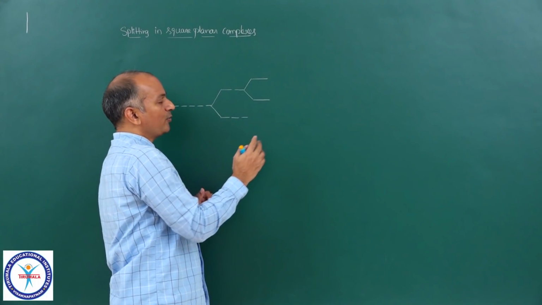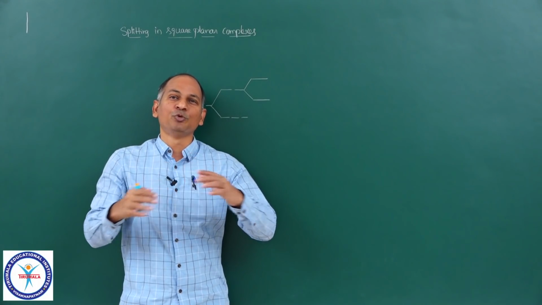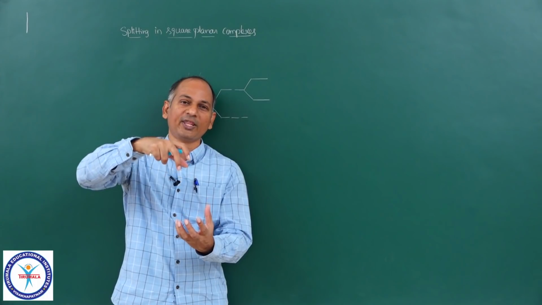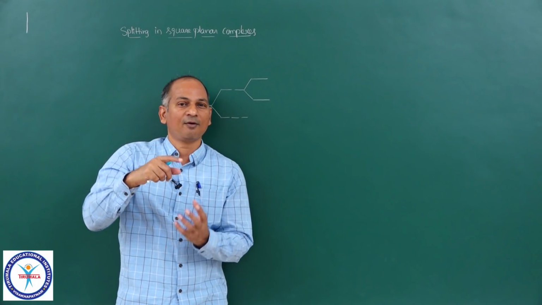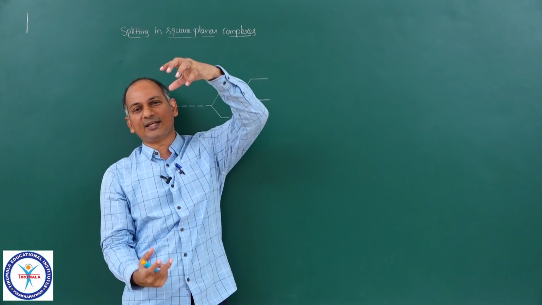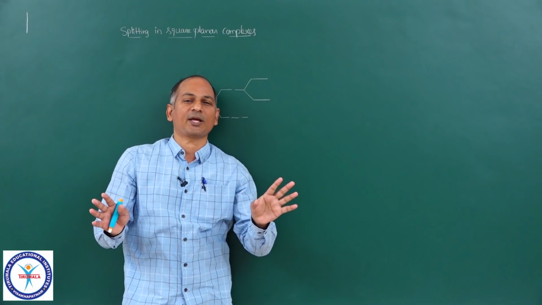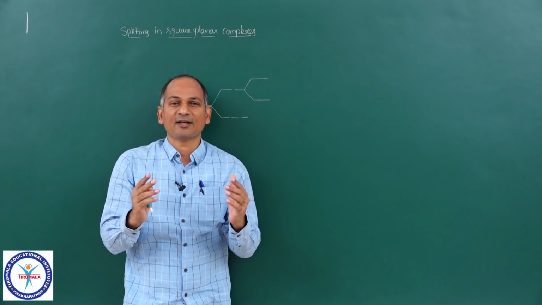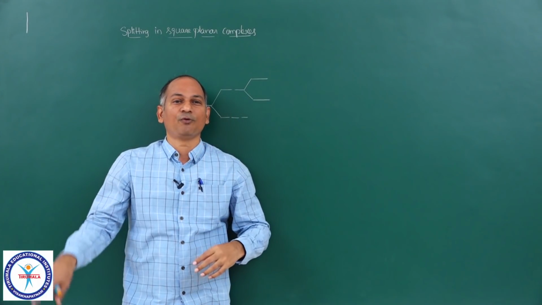Okay. Now, suppose you completely remove the ligands along the z-axis. First what we did, we just moved them apart, away from each other. Now you still move them away from each other, still you increase the distance, and at one point of time they are completely removed from the complex. The bonds are completely broken. The extreme case of elongation. So now those two ligands are not part of this complex, only four are left.